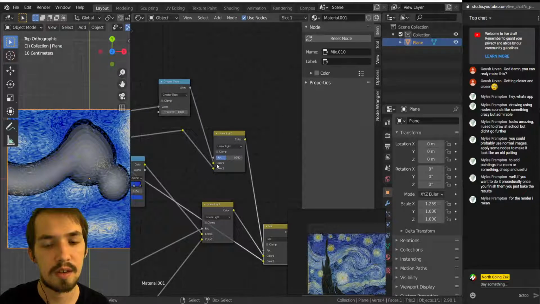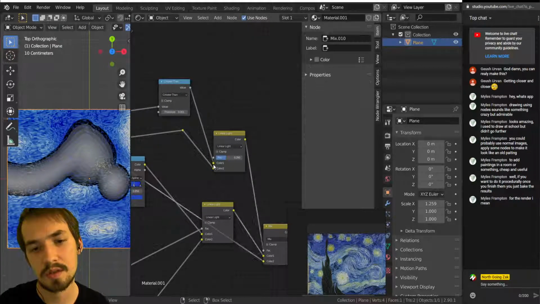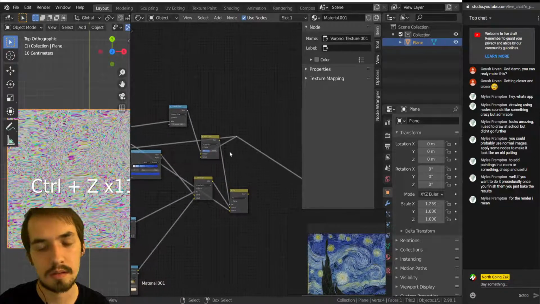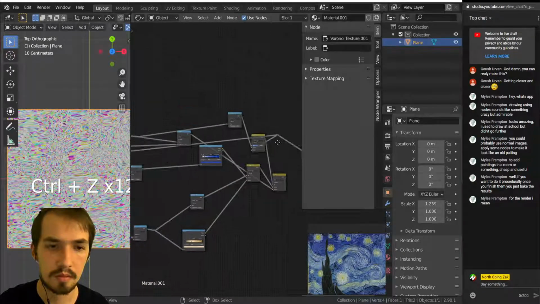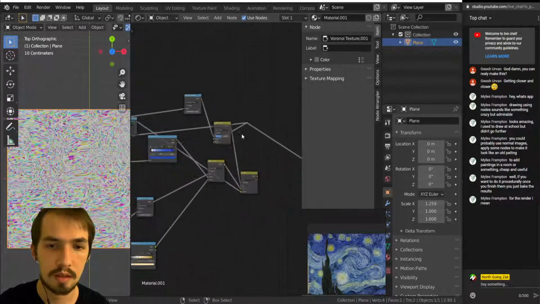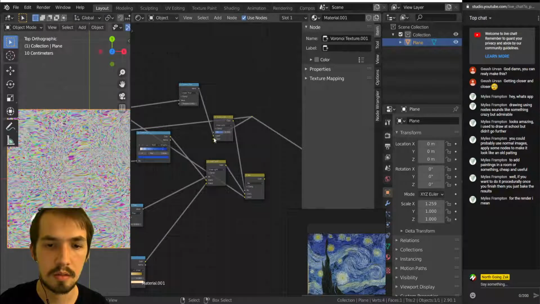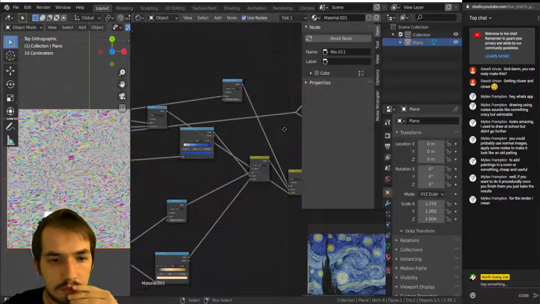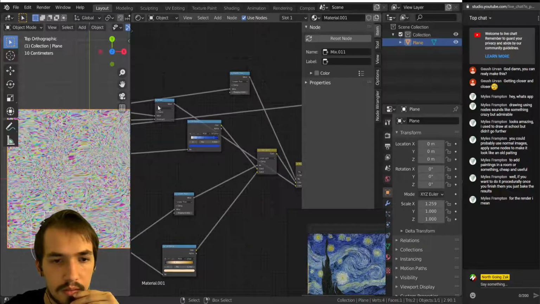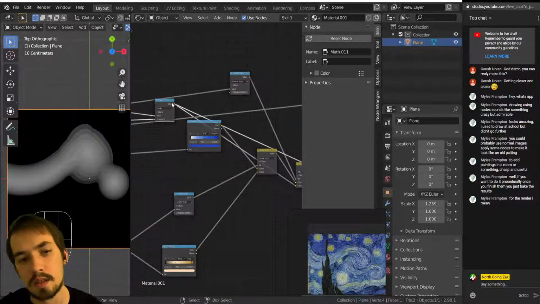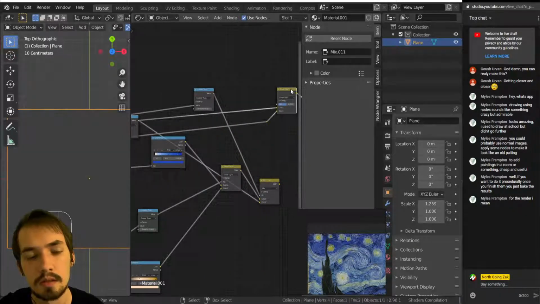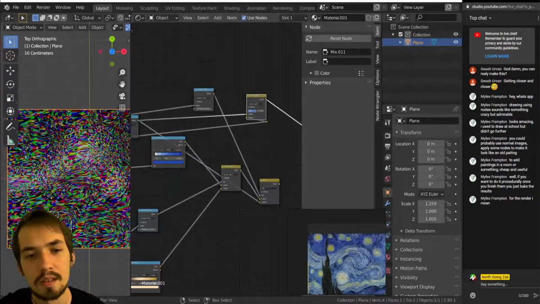Except I'm plugging into the greater than, which shouldn't be. So I'm gonna undo that. So it's taking that color, greater than, just plug the greater than in there, and then, yeah, so I think, let's check that this is this, yeah, so that's that texture, plug that in there, turn it down,